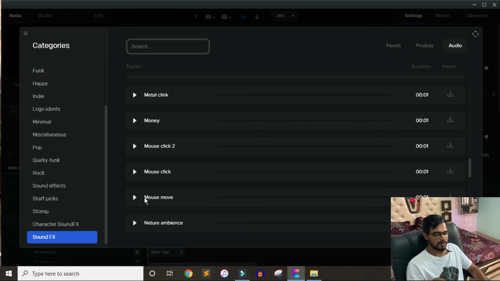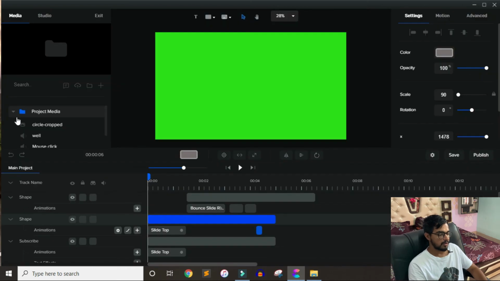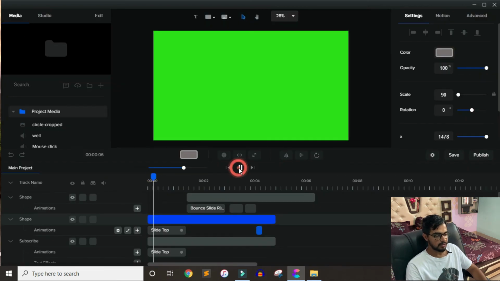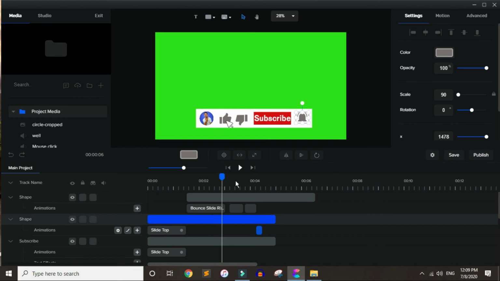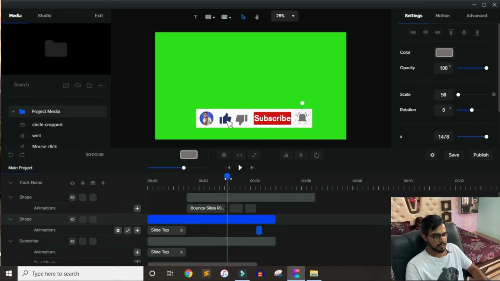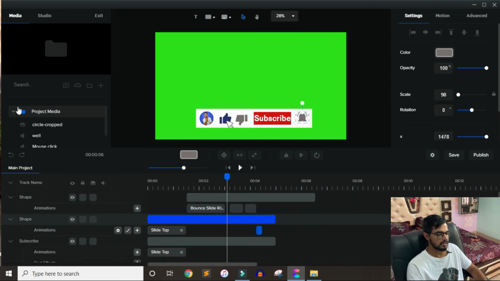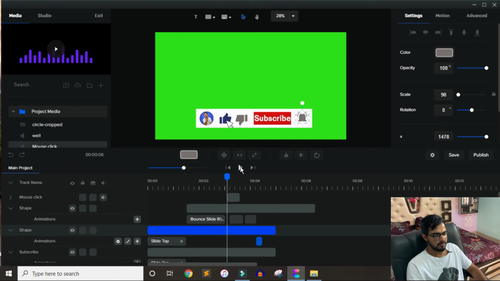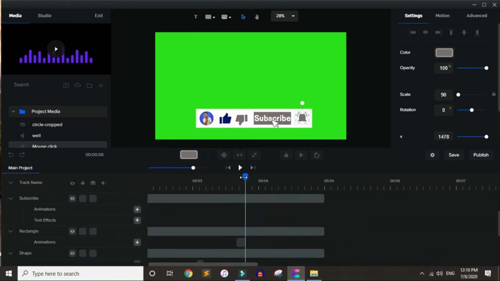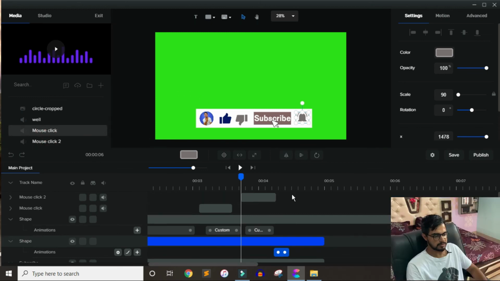I don't go with the mouse move, but you can use it. So what I will do, I will import both mouse clicks. Okay. Both things have been imported. I want to place it in between that animation when its color is changing. So first of all, you can just drag and drop. Okay, you see, and again when its color is changing, the second mouse click,